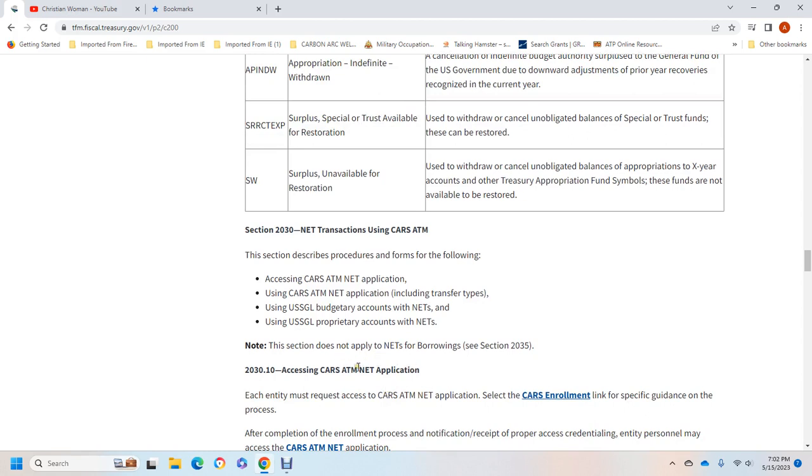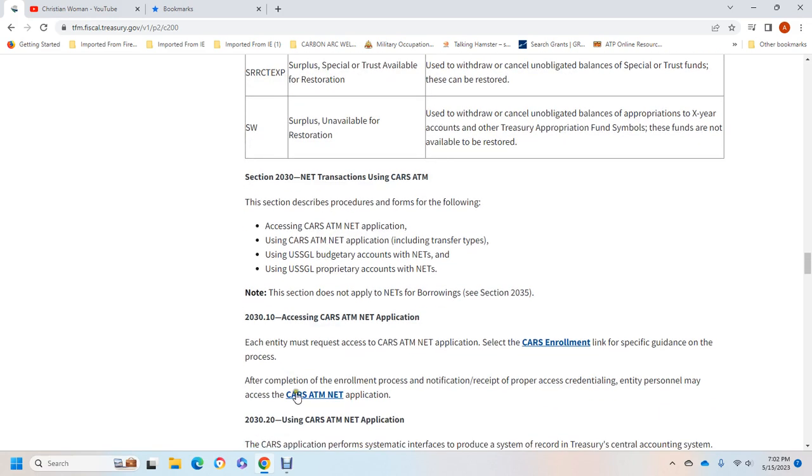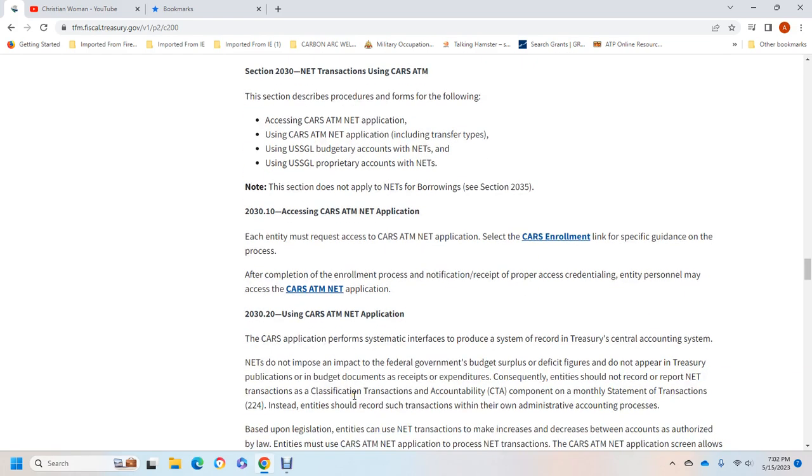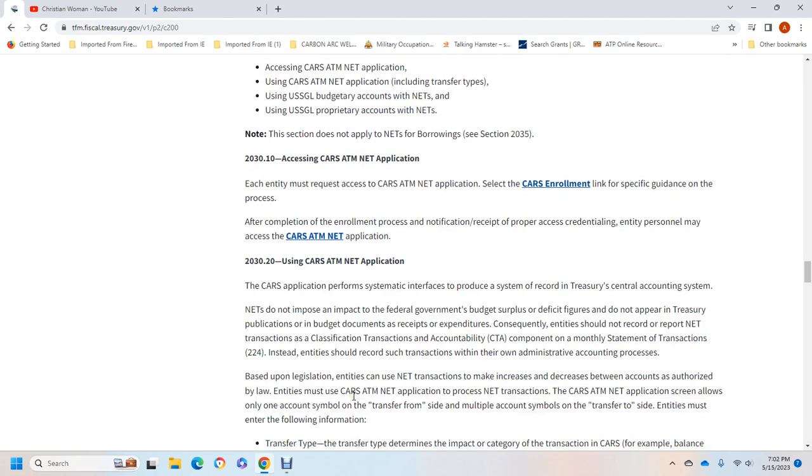2030-10, except for the CARS ATM net application, either for the CARS ATM net application or for the CARS enrollment link, specific guidance for centralized enrollment. After completion of enrollment, the entity receives notice of the receipt of the proper credential and into the bank, except for the CARS ATM net application. The CARS application performs systematic interface for the producer system and the record of the Treasury Central